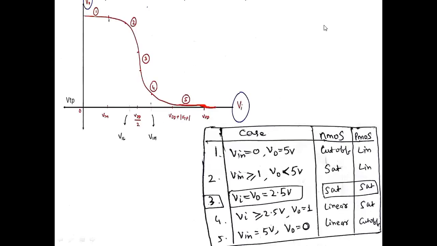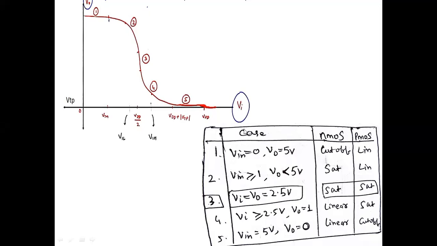We call this the DC transfer characteristics of the inverter. Again, we have V in on the x-axis and V out along the y-axis. And this particular DC transfer characteristic curve of a MOS inverter will have in total 5 regions. Now this is region 1, this is region 2, region 3, region 4 is here, and region 5 is here. Okay, so we have to analyze the operation of this CMOS inverter, having NMOS and PMOS